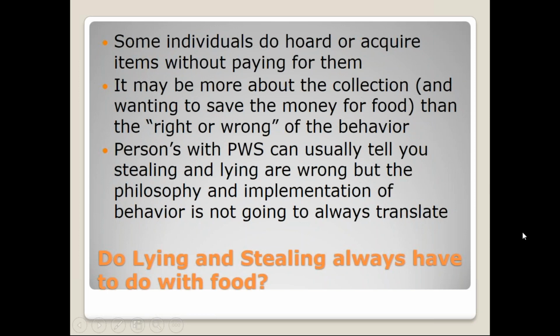Really interesting when you're setting up the group home and you're sitting there and working with the house rules with the folks you support. I remember I'd ask a lot of folks, should we lock, let's say, the activities drawer, which we don't think we have anything in there. A lot of the participants would say, for example, Lori might say, yeah, now I don't steal anymore, but I know that the newer folks who are going to move in here who have Prader-Willi syndrome might steal or lie, so we better lock it. So it's interesting how even though they do understand that it's wrong, they understand the concept, it doesn't always translate when a person's alone with the temptation of money in a drawer.